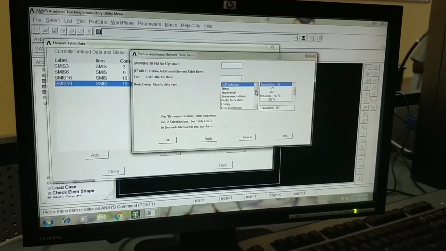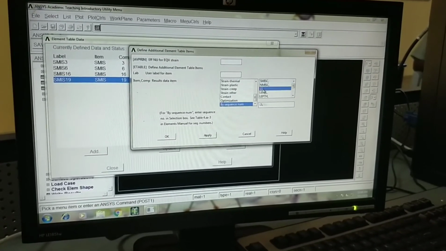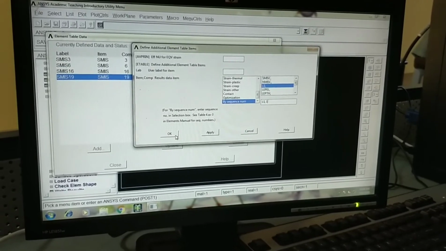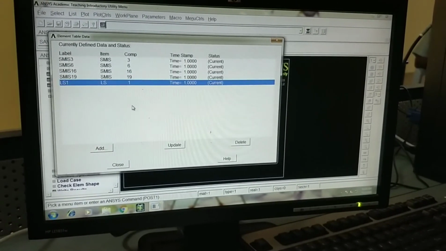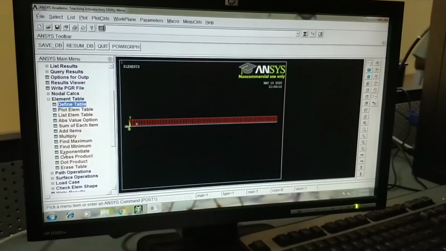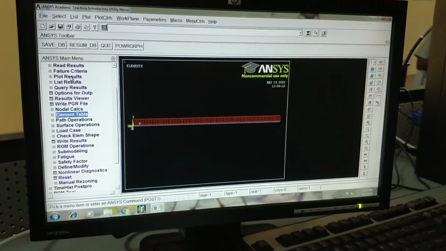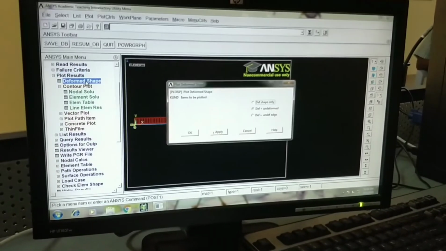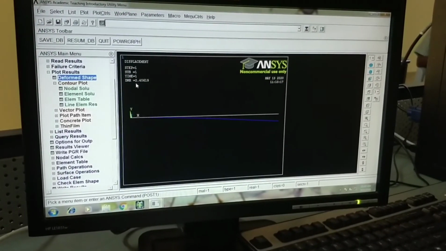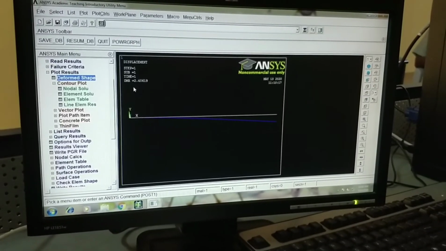So we need to obtain bending stress also. So again go to by sequence number, LS, LS1. This is for obtaining bending stress. Click on OK. Now it all has been defined here. Close this. And in order to view the results, go to plot results, deformed shape, deform plus undeform. So this is the value of deflection. You can cross check this value with the analytical solution that you have obtained.